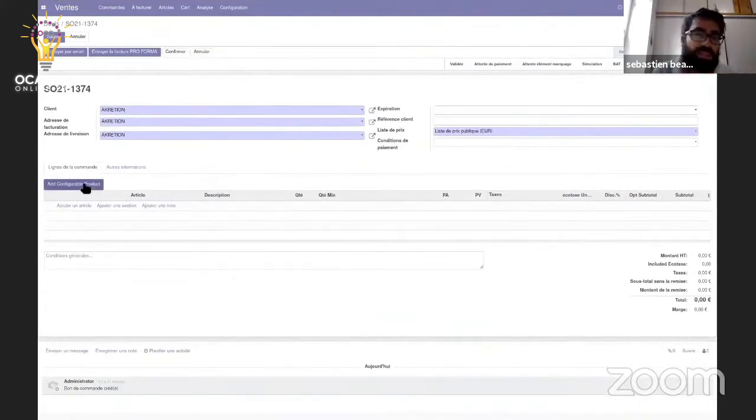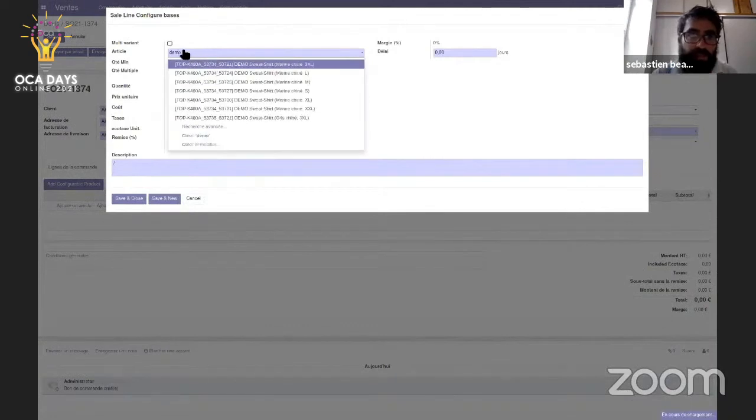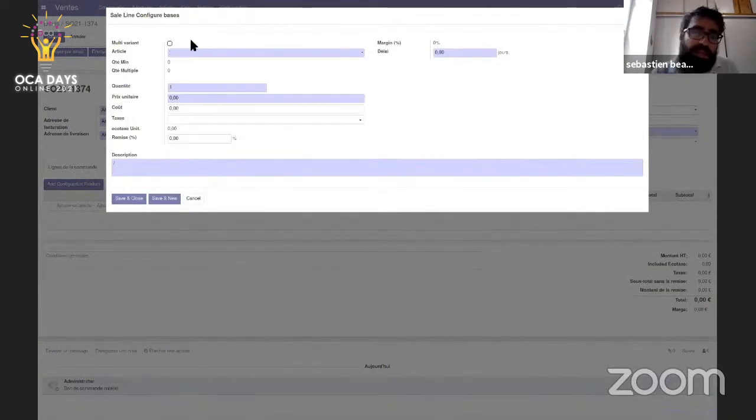So in this case, imagine that you sell a t-shirt and you want to do customization on this t-shirt or sweatshirt or whatever. So the first thing, I have installed in this database the module sale configurator variants. So in this case, I can add a configurable product with multiple variants.